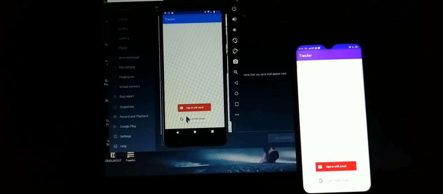If he or she has any other email account, say Yahoo, Microsoft Outlook or any other, then he can choose this option, enter the email, and enter the app. I am using this option because I have a Google account, and here also I am using this option.